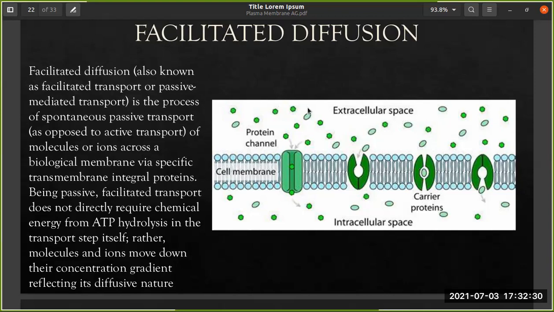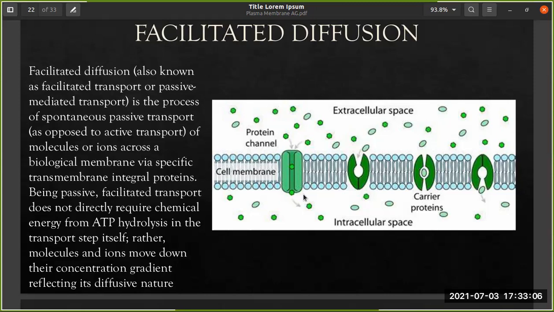So you have this extracellular space. This is the particular protein which facilitates; say this molecule comes and attaches over here. This molecule has got an affinity for this region. No energy is being consumed. This light green molecule has got an affinity for this region over here. So it comes and binds, and then gradually this closes and this allows the molecule to come over here.